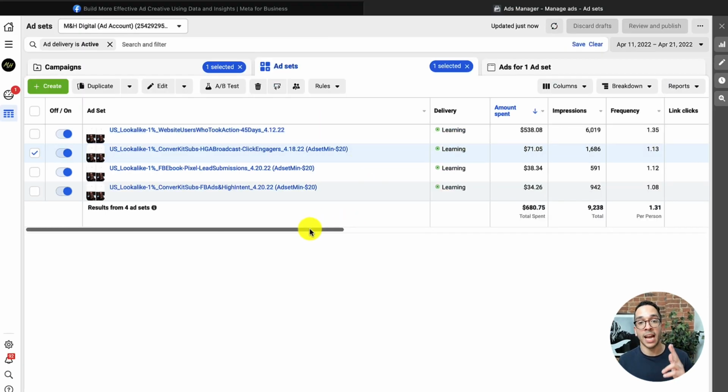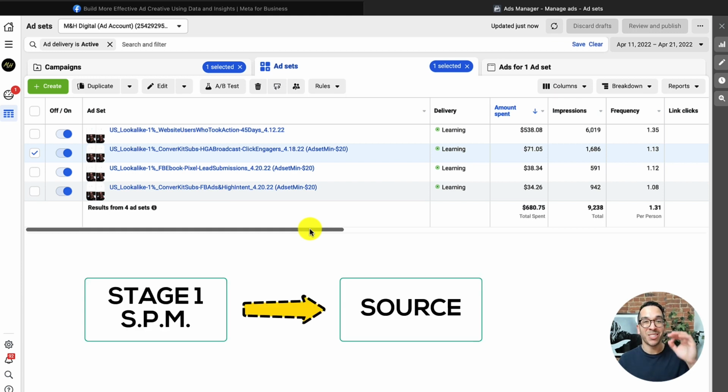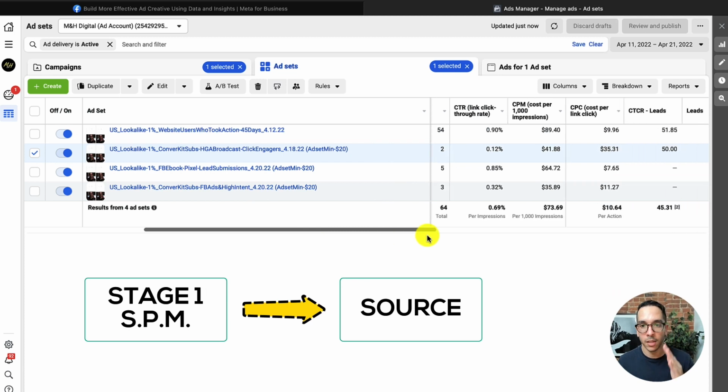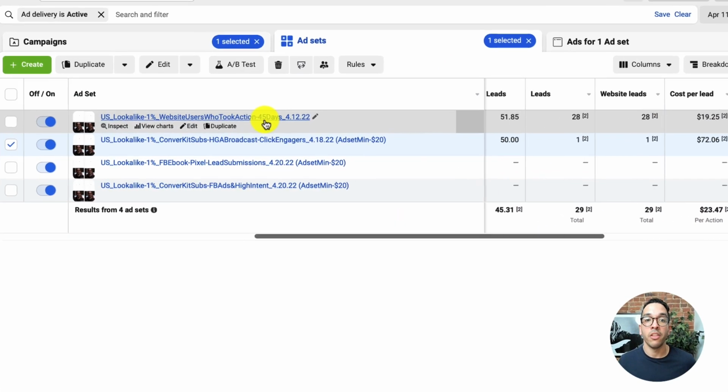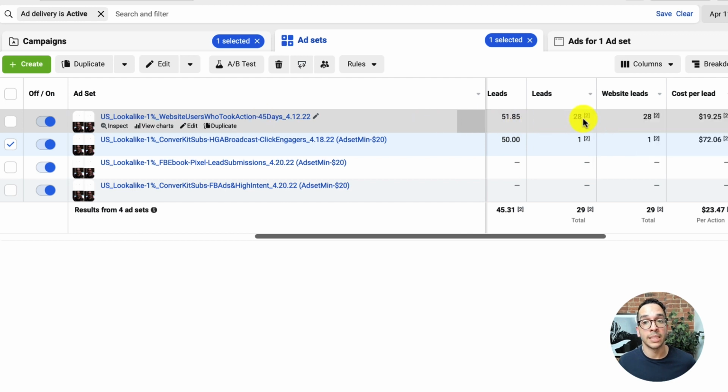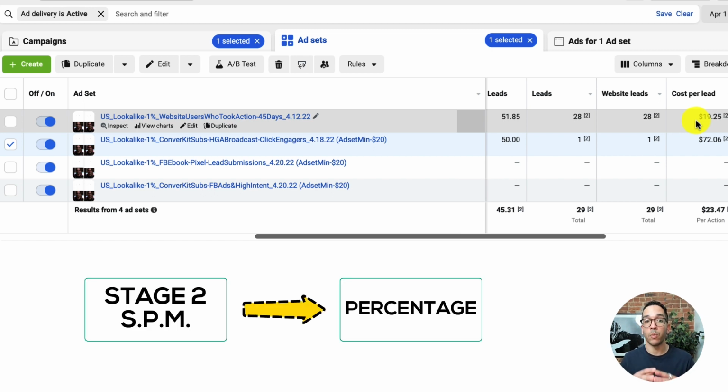All right, let's go and look at performance. Remember, this is still stage one, which is finding the right type of lookalike audience. So if I go to the right and look at leads, what I'll notice is the first lookalike audience I built is the one that's giving me the most amount of leads and is getting me the cheapest cost per lead. So if I was ready to scale today, what I would want to do, maybe starting next week, is